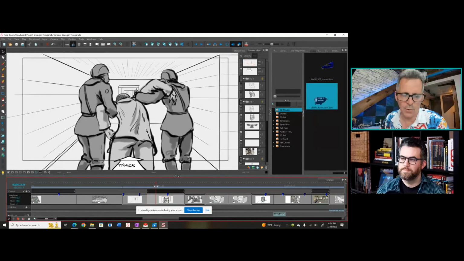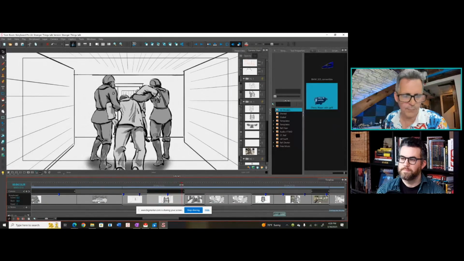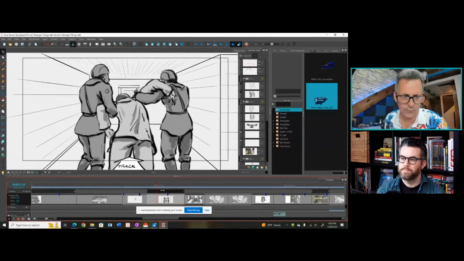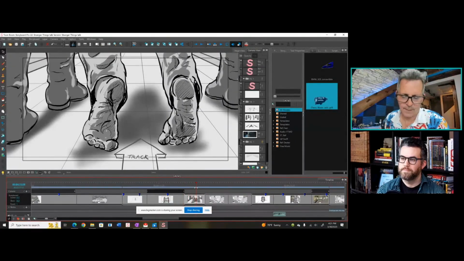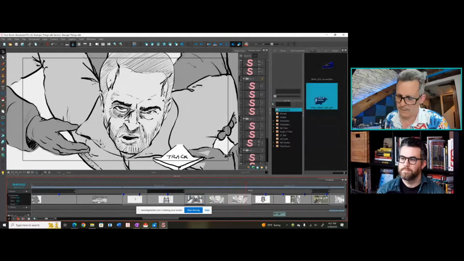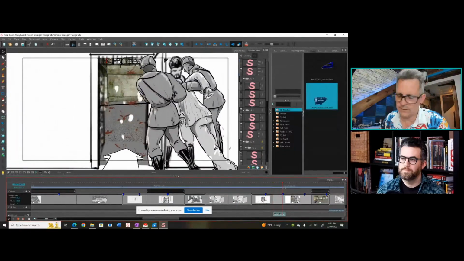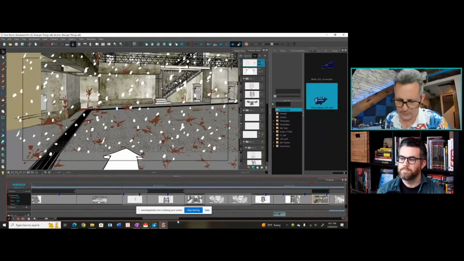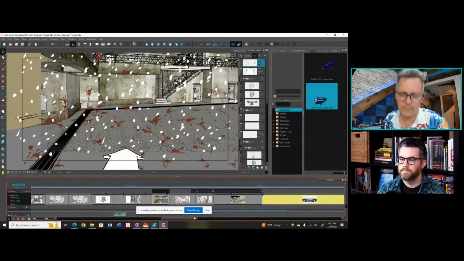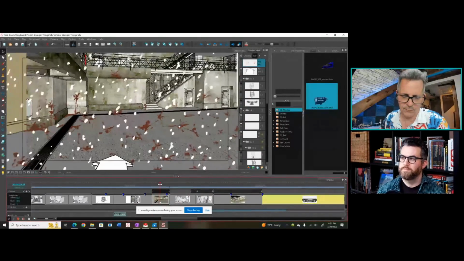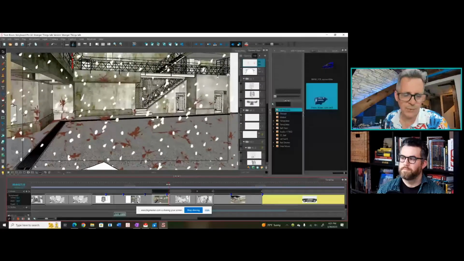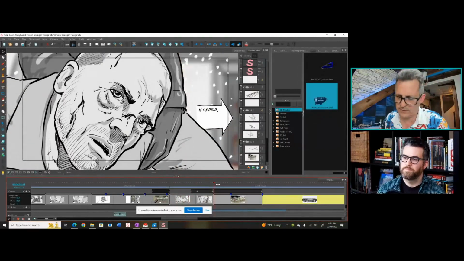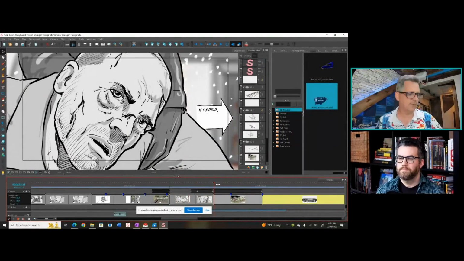And as you notice, there's always movement. If the camera was moving, I moved it. If the characters were moving, I had them move. So it's so easy to see. And then when we get into the interior prison, I was able to make use of the 3D model. Again, why redraw it if it exists? It was great to be able to have this because it's so accurate to what we'd be seeing. Now, one of the things I wanted to show you guys, because this was really cool.